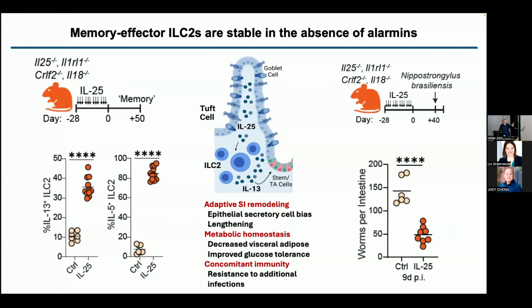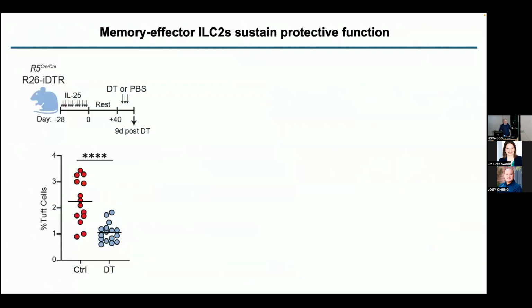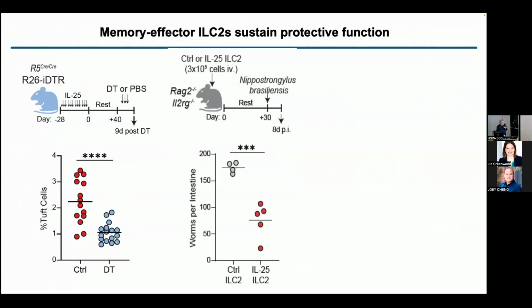And this just shows that alarmin deficient mice don't get rid of any worms. So on the left here, 150 worms is all the worms we get back with our inoculum that mature in the gut. With just these innate cells transferred into a wild-type animal, you can recapitulate this protection. So these truly are natural populations that have this amazing long-lived phenotype. And they're required to drive the phenotype.